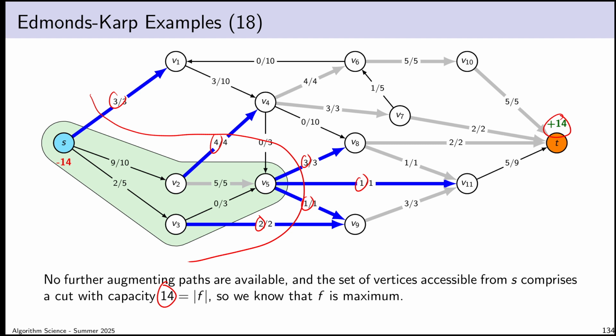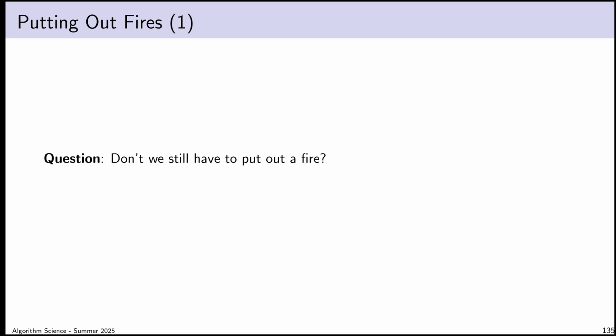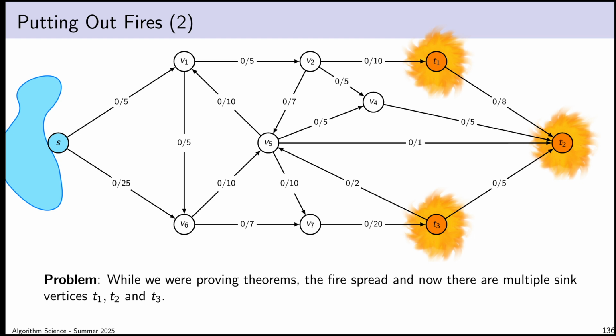There it is. And we found a way of solving the maximum flow problem in polynomial time. And oh, yeah, that's right. And we still have that fire to put out. But you know what? I think that's a great way of wrapping this whole thing up. At the beginning, I said we can't put that fire out until we know what we're doing. But we know what we're doing now. We know what a maximum flow is. We have a source vertex, a sink vertex. We run the Edmonds-Karp algorithm to find a flow in polynomial time. We know that we can find a minimum cut that matches the value of our maximum flow, which proves that the flow is maximum. And so now we can charge in like the heroes we are and finally start putting